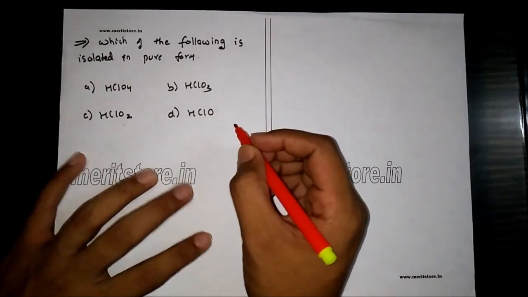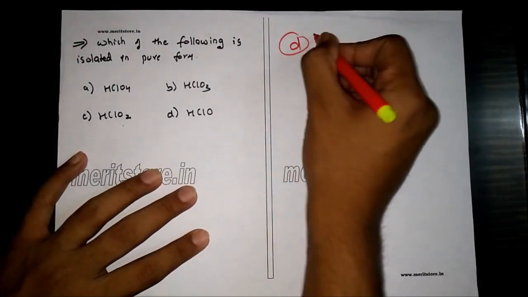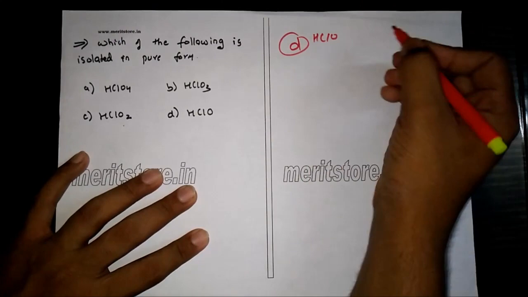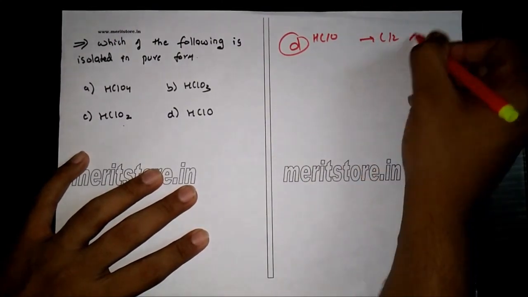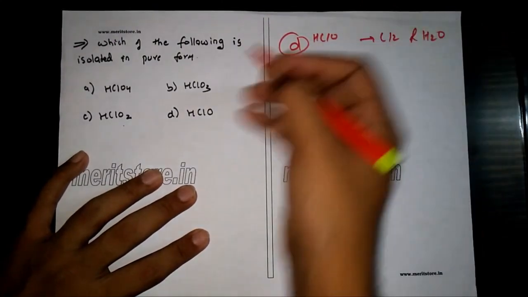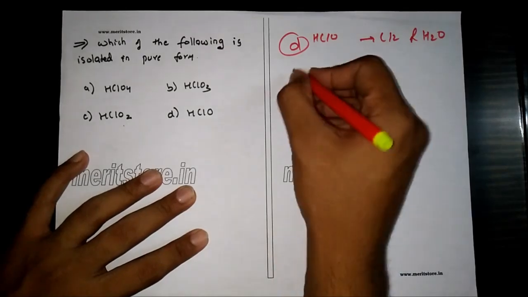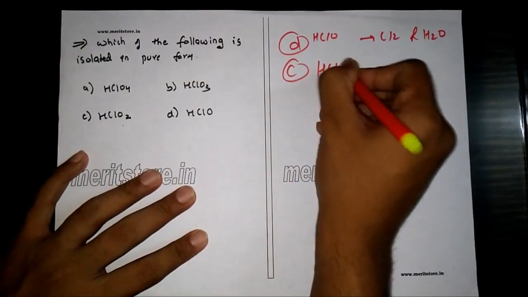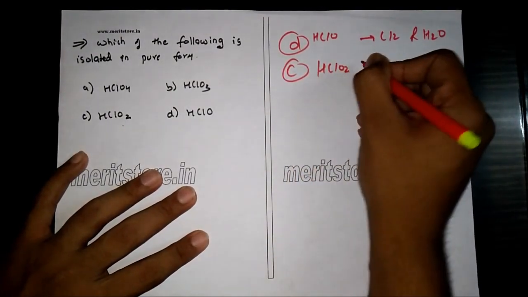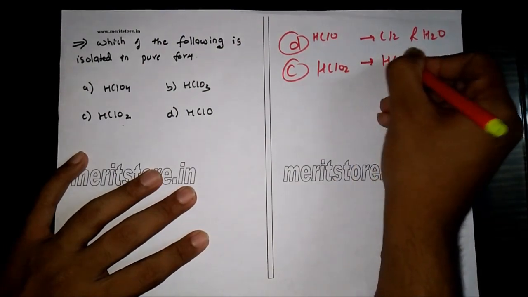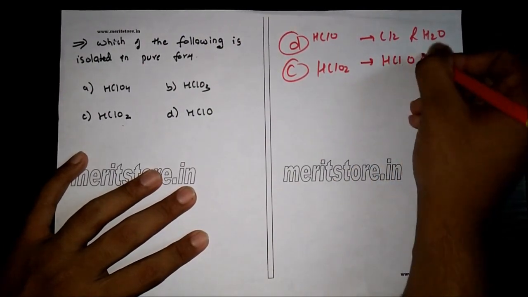Now let's look at the various options. Option D is HClO. It decomposes to give Cl2 and H2O, therefore it is not obtained in pure, isolated form. Now, option C is HClO2. This also undergoes auto-oxidation to give HClO and